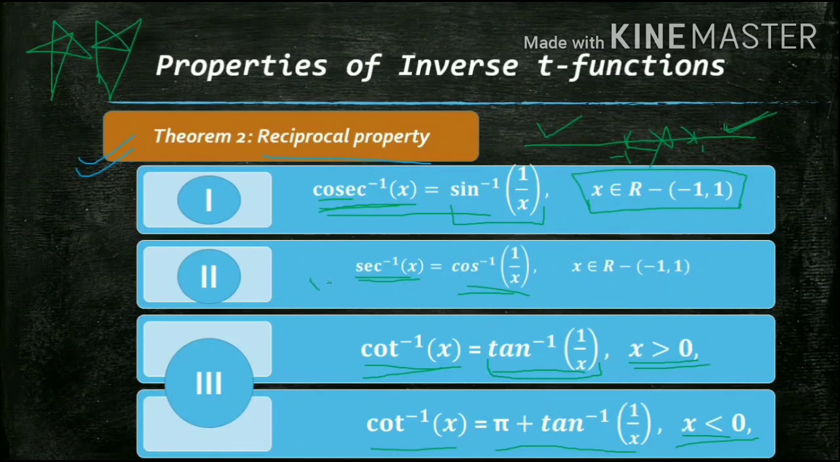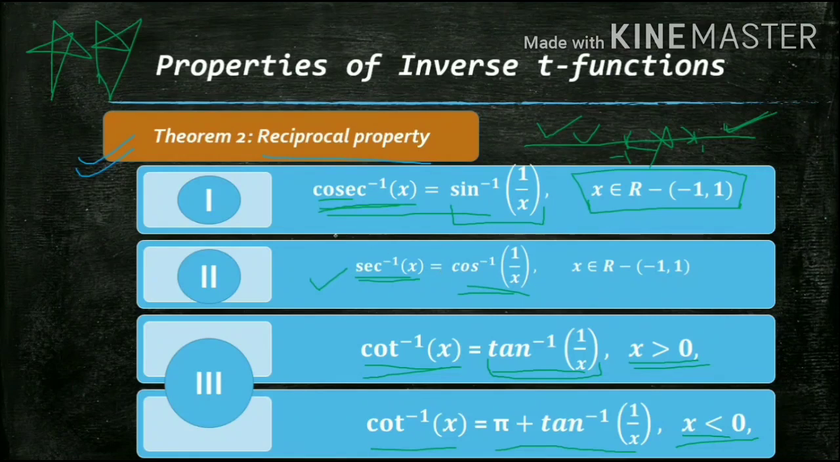If you have to find sec inverse of 5, what will sec inverse of minus 5 be? Minus 5 belongs to this part, not in the middle. So we'll write it like cos inverse of 1 by minus 5. If I have to find the value of cot inverse of,